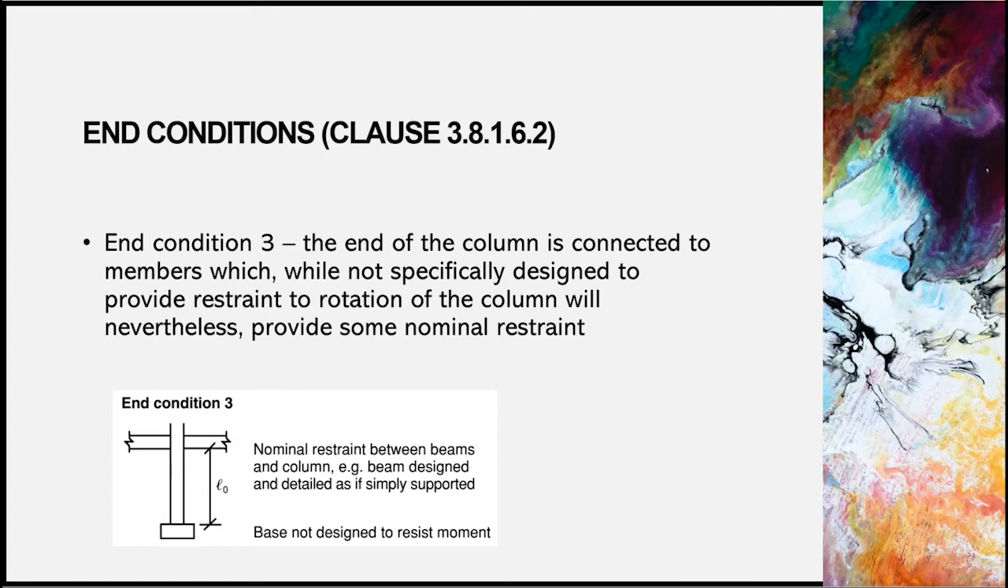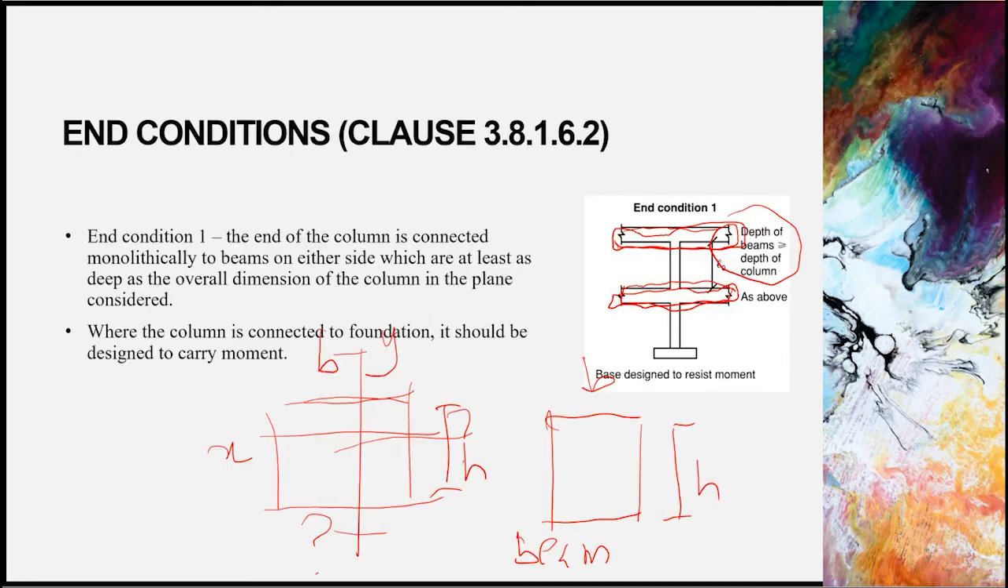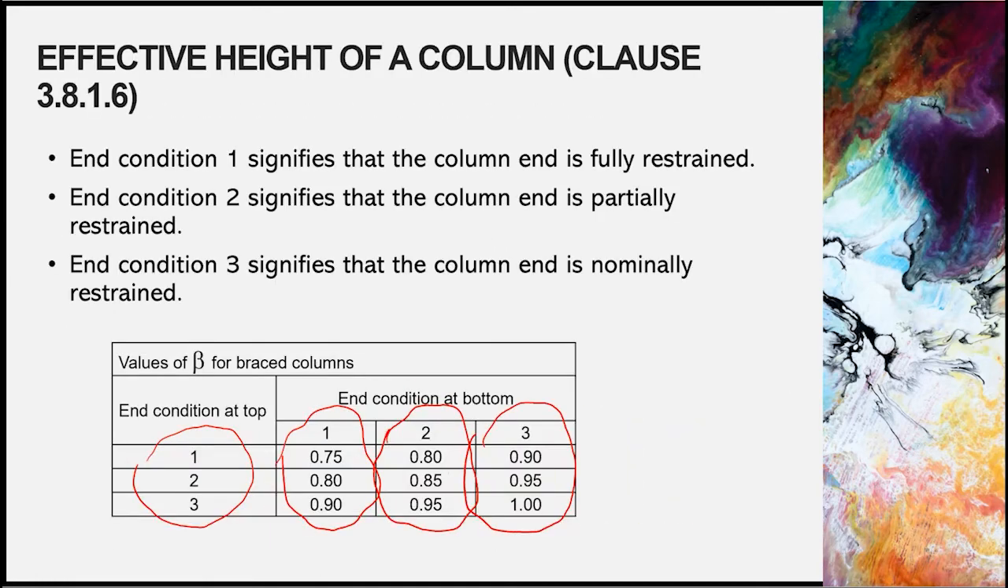Dia tidak di-concrete together. Jadi dia ada flexibility and such. Jadi dia adalah end condition number 3. Okay, jadi bila you refer on this one, so you will know which one yang dia punya lah. Okay, contohnya kalau you have both side